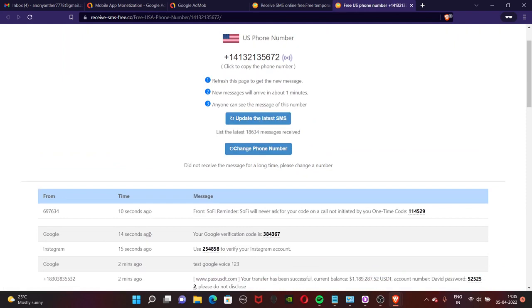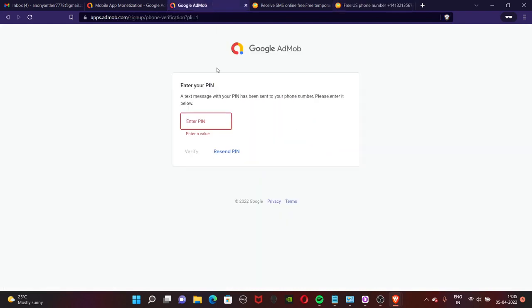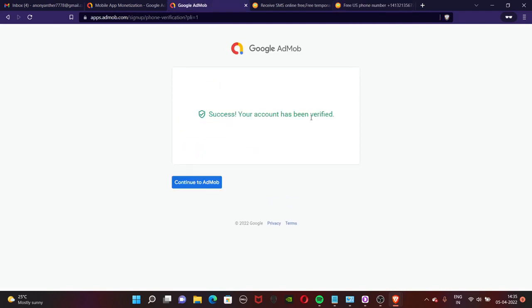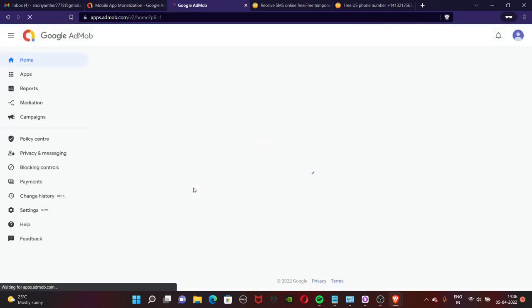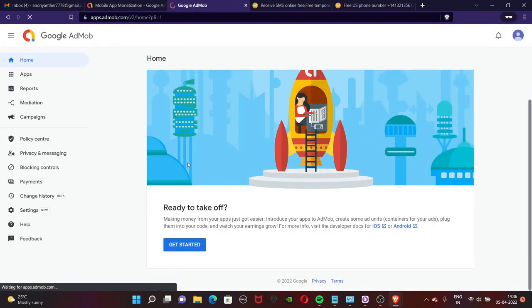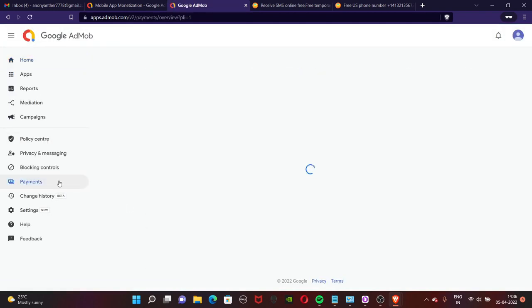Here we have received this Google verification code. Copy it and paste it here. Click on verify, and our account will be verified. Now click on continue to AdMob, and here go to the payments option,